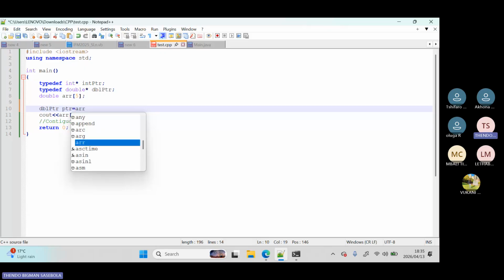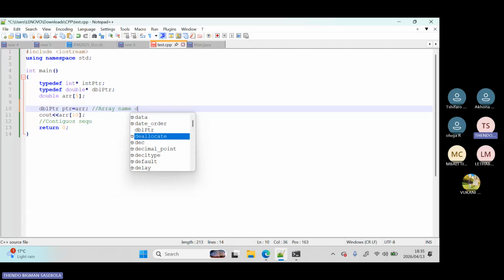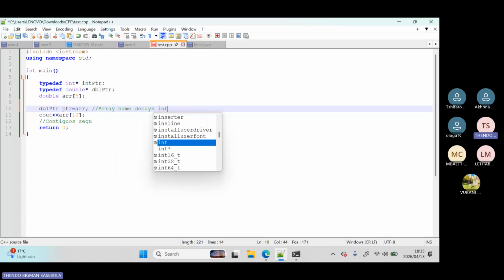Can we do this, array at index 0? Oh yeah, actually no. There's something you guys need to be aware of. There's this concept whereby an array name decays into a pointer. For example, array name decays into